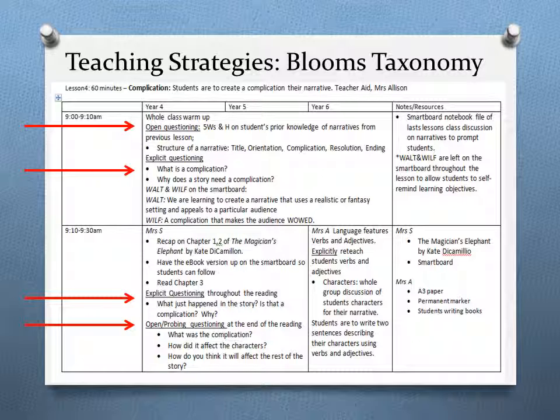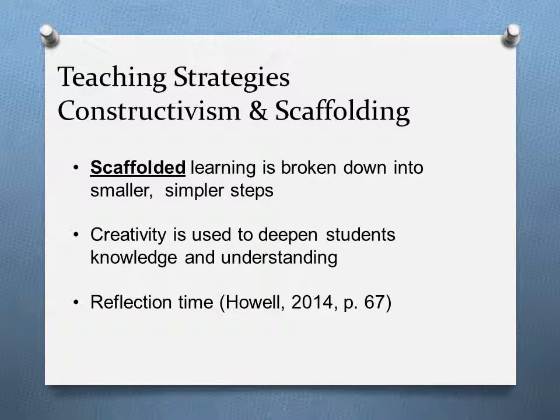Moving to the reading with Year 4 and 5, explicit questioning is used while I am reading the chapter to gauge students' understanding, and open probing questions are used at the end of the chapter to build on their knowledge. Starting off at lower level questioning allows the lower ability students to attain the prerequisite knowledge and skills which allow them to answer higher order questions. It will allow students to feel more confident in their answer while also requiring students to think alternatively.